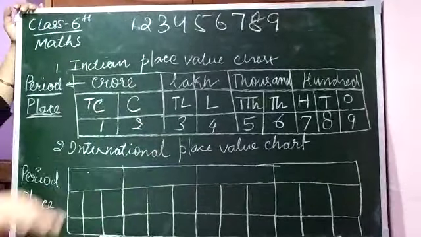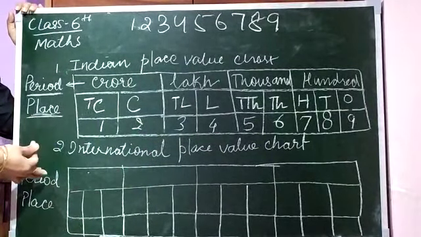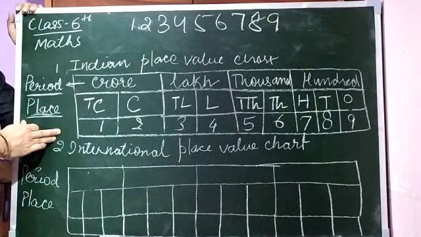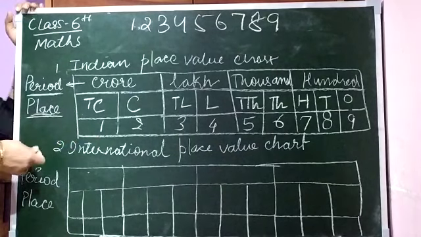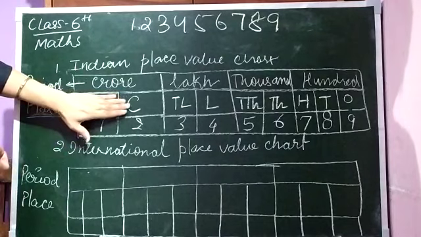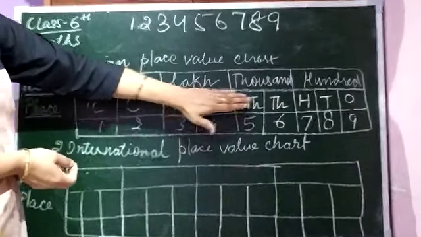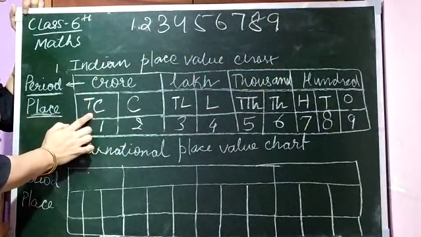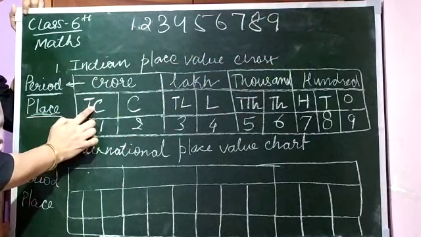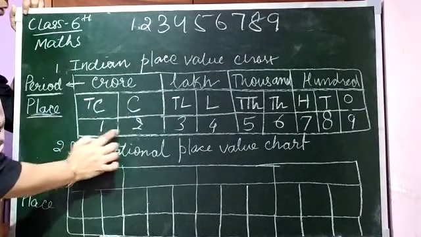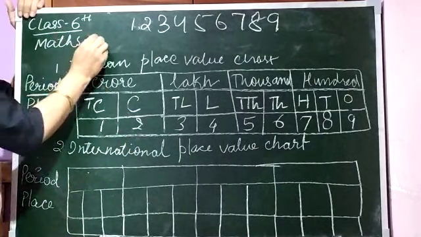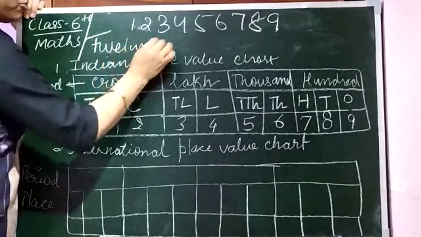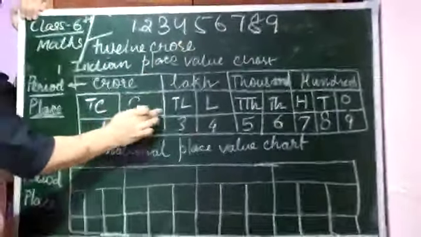Okay. Now, if I ask you what is the number name of it, by looking at this table you can easily tell its name. See, let us try. This is for which place? Crores. This is lakhs, this is thousands, this one is hundreds. Okay, right? See, it is 1 crore, it is 10 crore. So it is 1 ten and 2 ones, which means 12. 12 crore, right? So I am writing over here 12 crore.